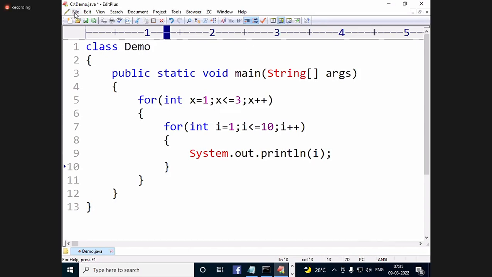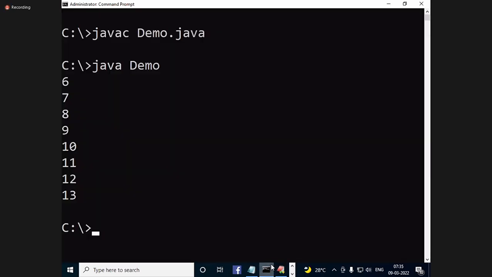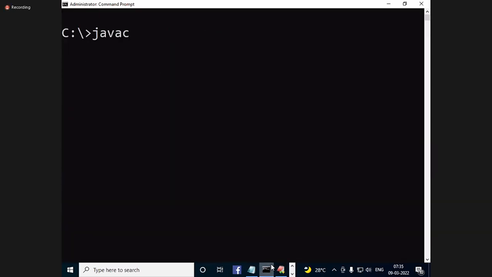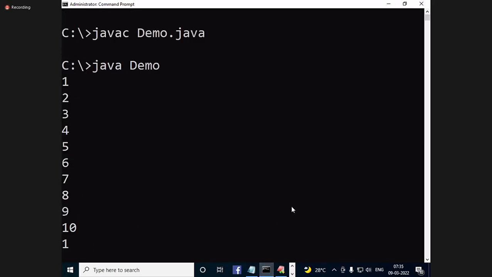See, file, save, compilation, execution. 1 to 10, 1 to 10, 1 to 10. This is a nested loop. Okay.